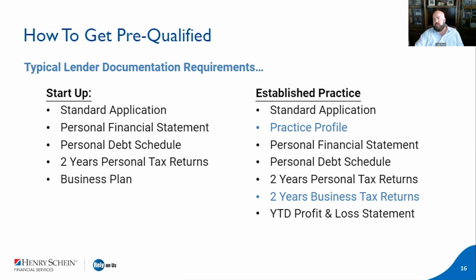Typically, it's just 2 years. However, if your requested amount exceeds $1 million, they will require a third year just for year-over-year comparisons. And then, of course, they would like to see your current year-to-date profit and loss statement and balance sheet for review as well. With an established practice, I think I already mentioned that we have the cash flow in place there,